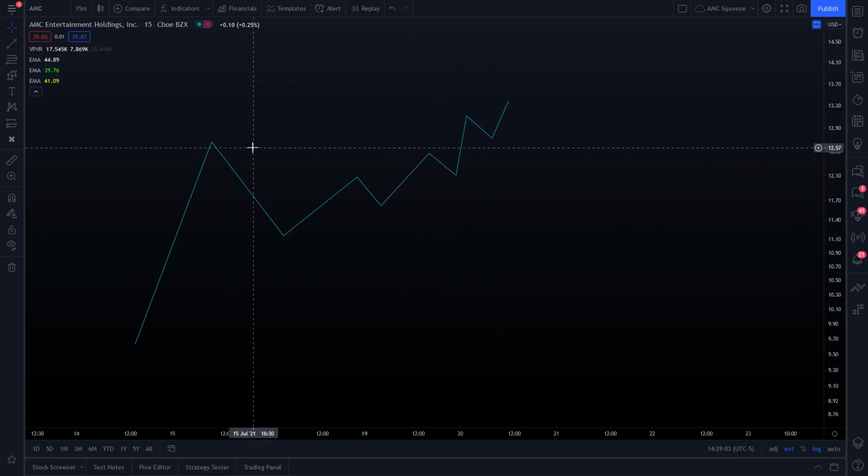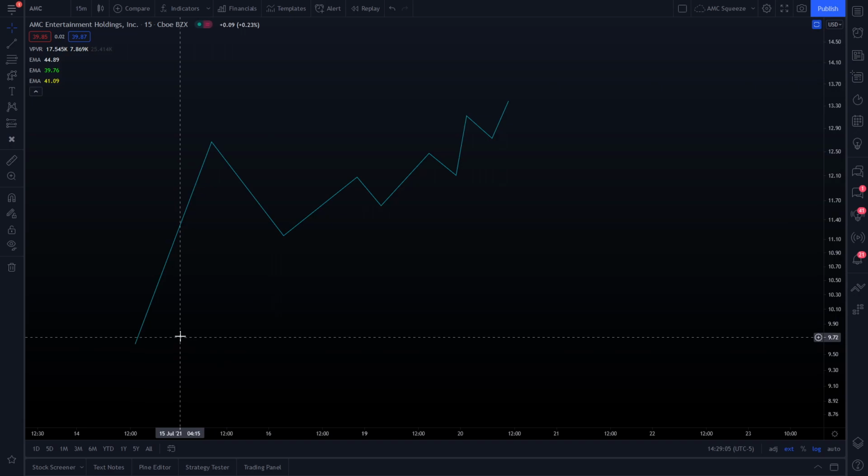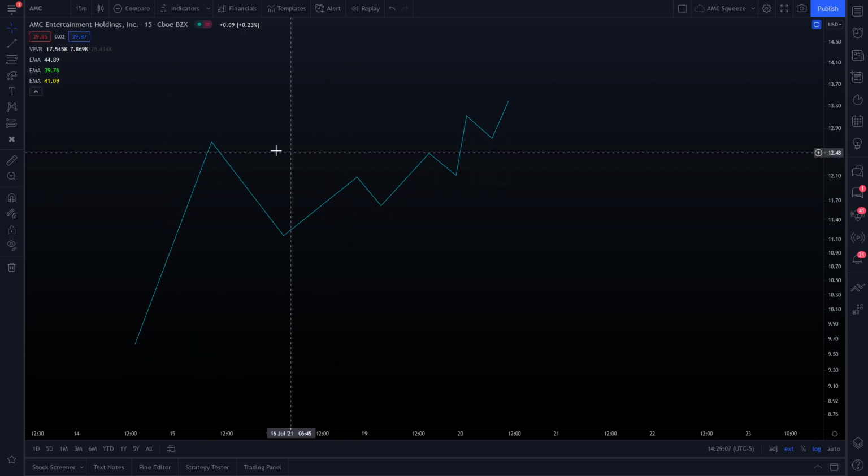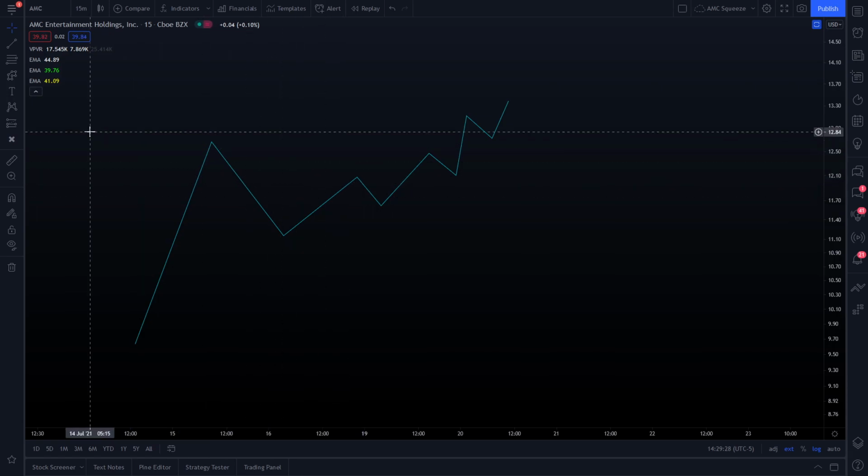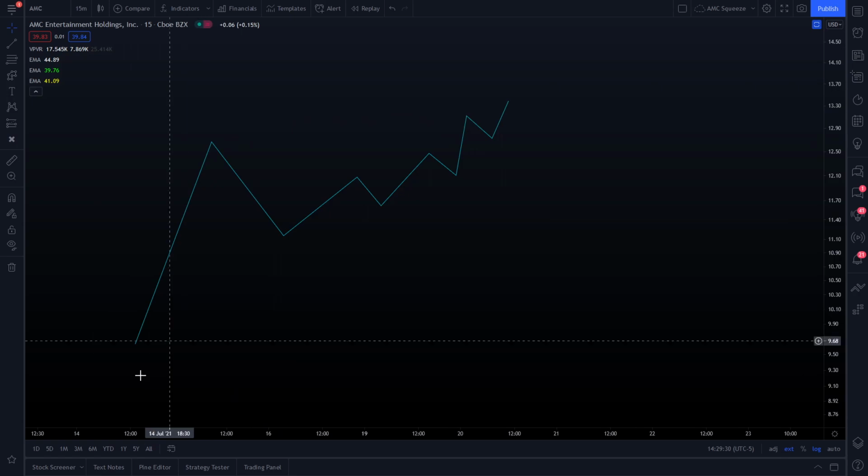I think I was going to take a minute and explain how these hedge funds, and it's not even just hedge funds, it's really any of these financial institutions that actively trade in all markets, use one of the algorithmic strategies to trade them. You can see this in futures, crypto, stocks, really anything, but today we're going to be looking at AMC and how it would pertain to them. But first I'm going to have to explain